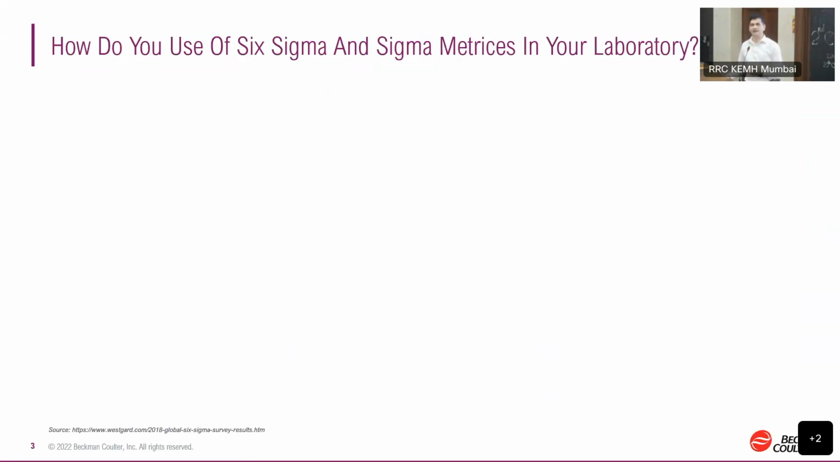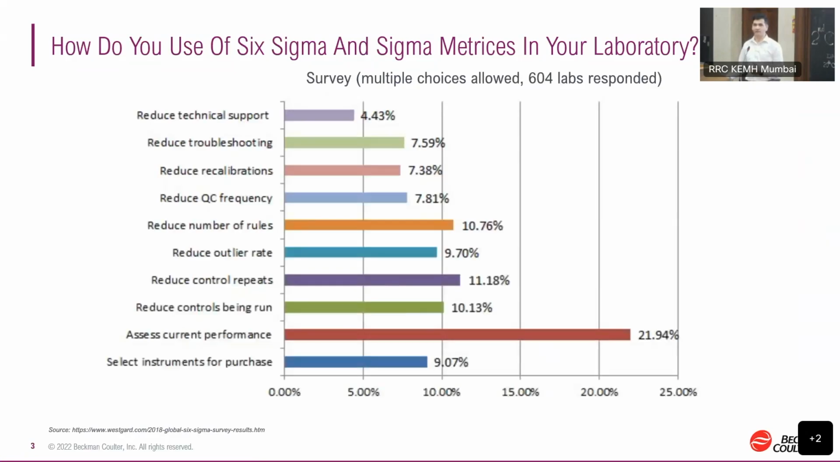Dr. Westgard did a survey in 2018 and found these survey results out of 604 labs who responded to the survey. Multiple choices were allowed. You can see the highest survey answer is to assess the current performance of the lab using Six Sigma. And then afterwards, you can see